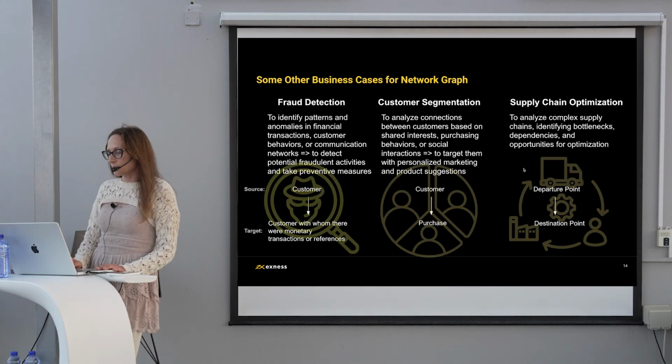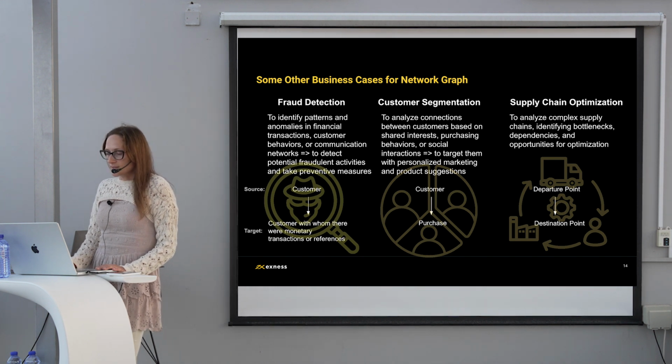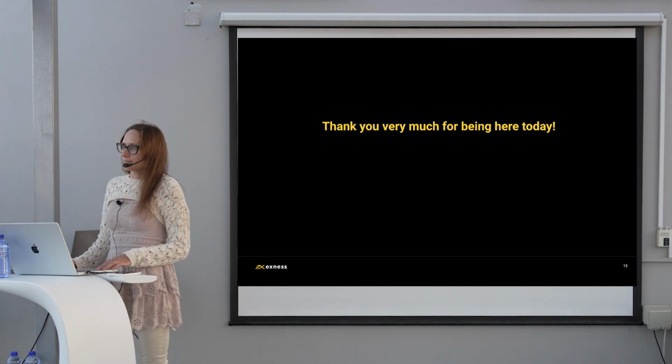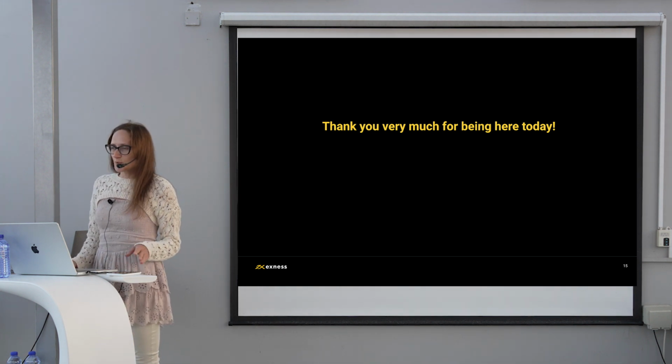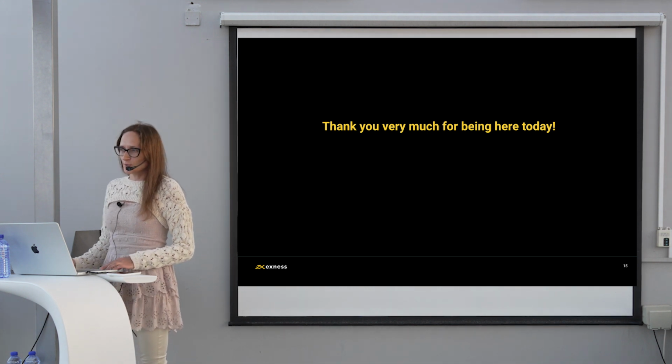Also, we could use network graphs for supply chain optimization, to analyze complex supply chains, identifying bottlenecks, dependencies, and opportunities for optimization. So, I hope you find some useful information about network graphs, and thank you very much for being here today.